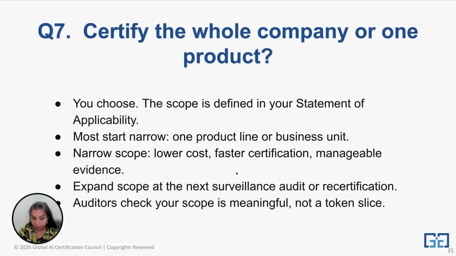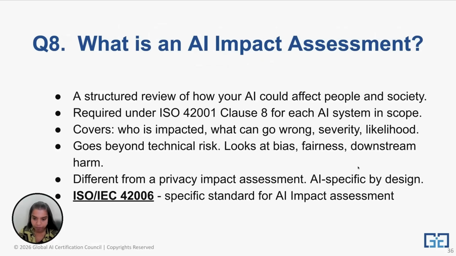But then later, you can expand the scope and then you can go for another certification or recertification every 3 years. That will also be helpful. Remember, we need to move fast and get certified so that we can sell in the market, because you can't be waiting longer. It takes anywhere from 6 to 18 months. So start small and then increase the scope over time.